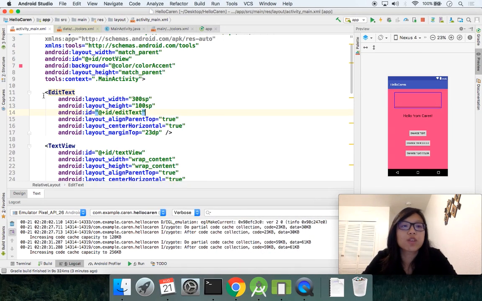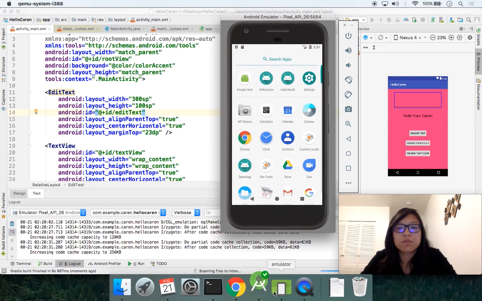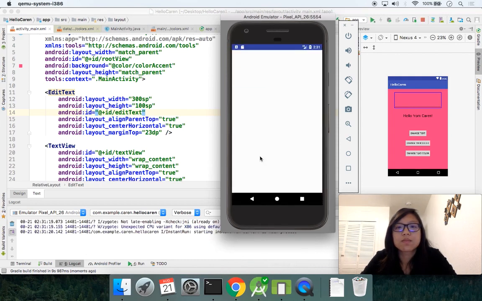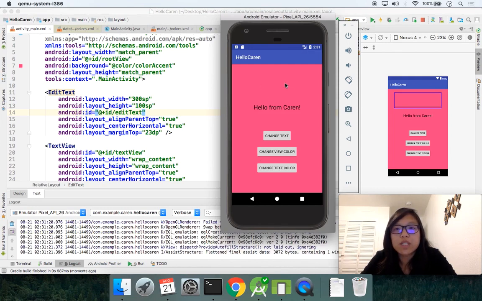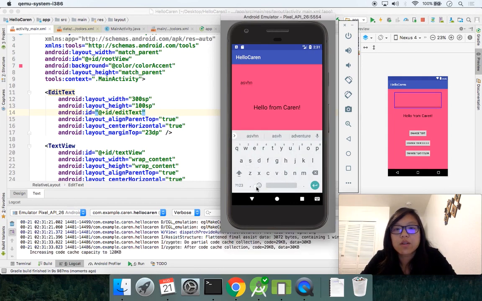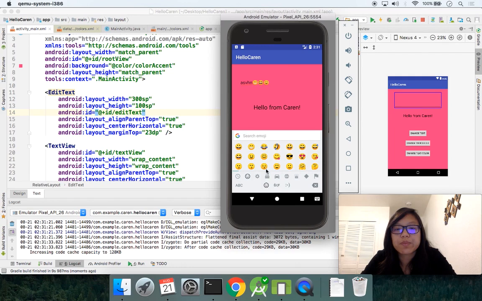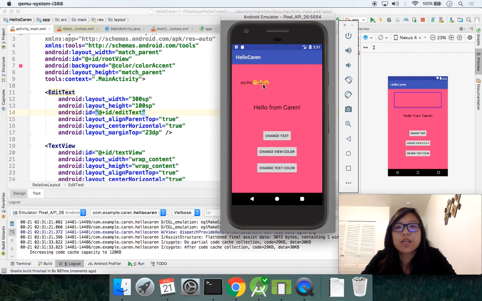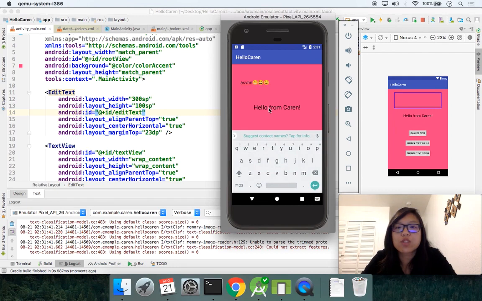So all we've done right now is add this edit text view, and we just positioned it up here where we would be able to type into it. You can't really see it right now, but if I click into it, you'll see that the keyboard comes up and I can start typing stuff in it. And I can even add some emoticons. I can hide the keyboard again, but unfortunately, the stuff we type isn't doing anything right now,